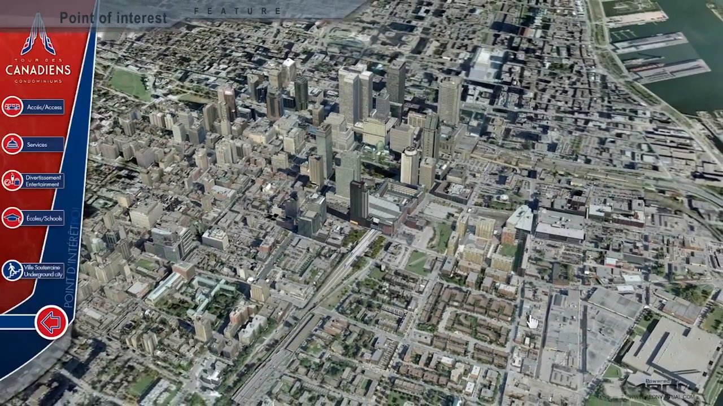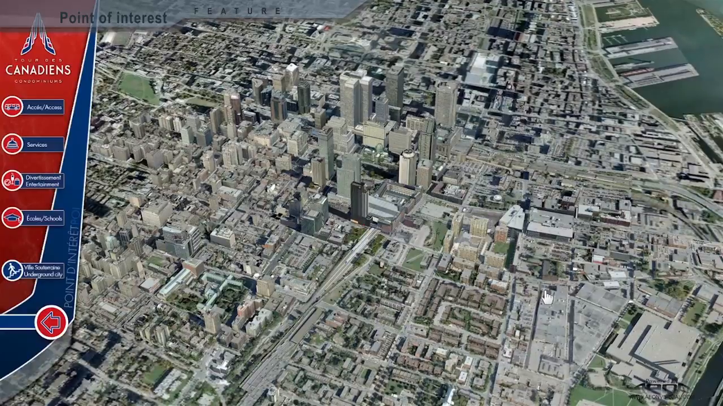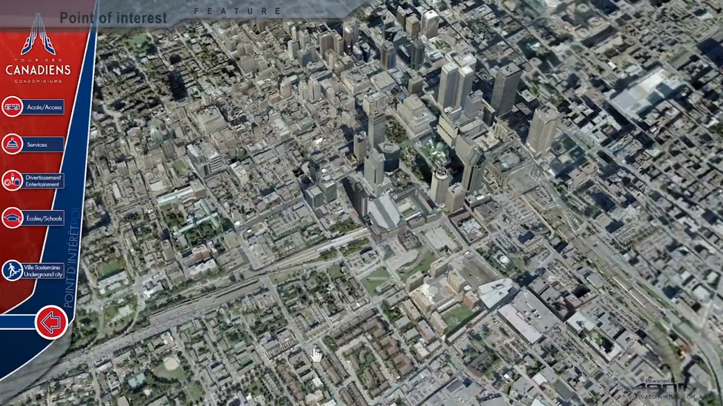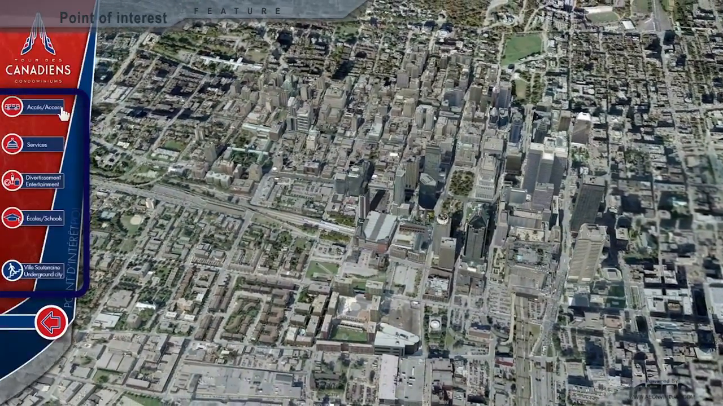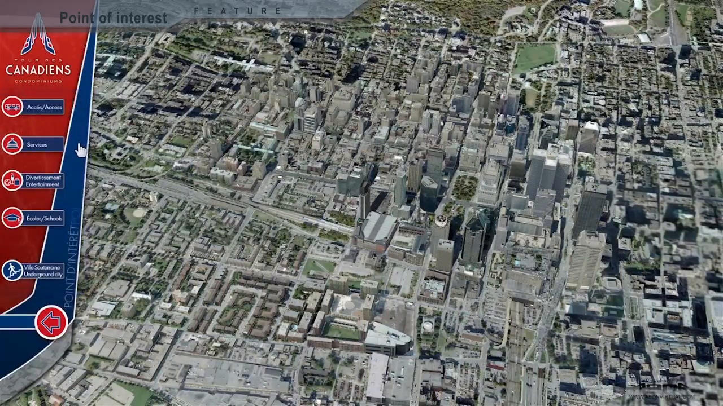The Points of Interest feature is used to show your project as it relates to its surroundings. The view here is farther away from the building, so we can see more of the neighborhood. On the left, we see different buttons that show different categories of points of interest, or POIs. Standard categories are access, anything that has to do with public transportation such as metro stations and bus lines,